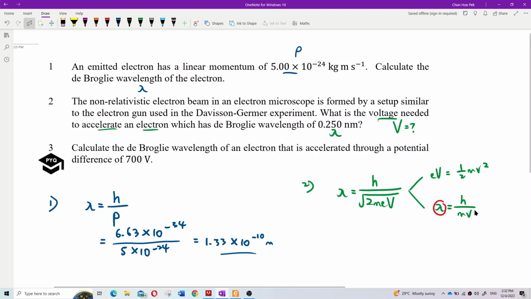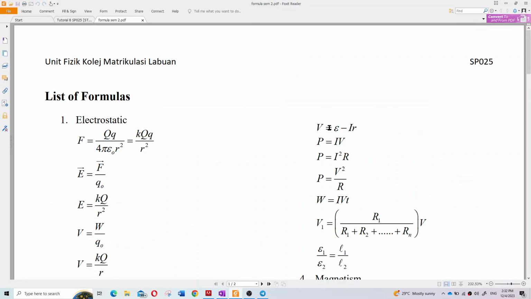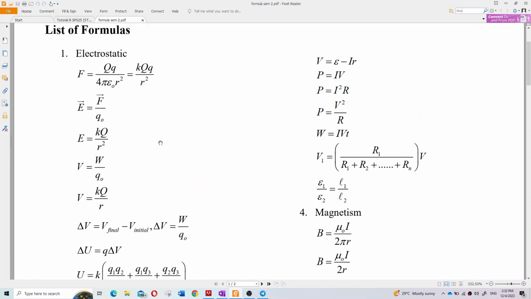You use the wavelength to find the velocity first, and once you get the velocity, you can find the voltage. But bear in mind, this formula is not provided. If you check the formula given in the exam,